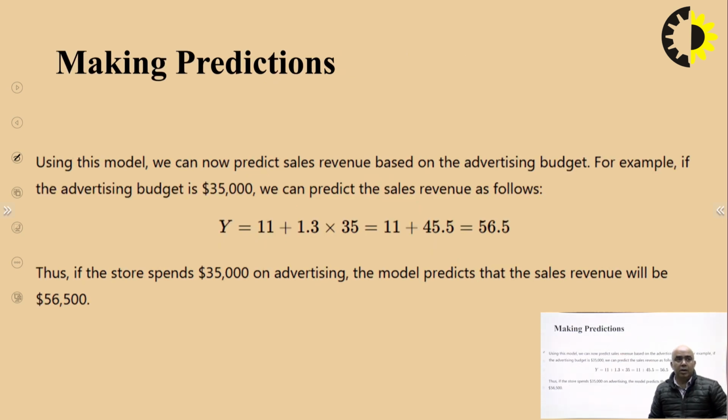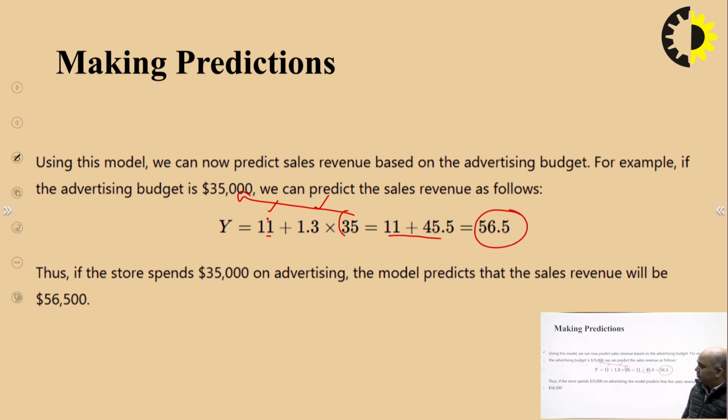So using this model, we can now predict the sales revenue based on the advertising budget. For example, our budget is $35,000. We can predict the sales revenue as follows: y is equal to beta naught plus beta 1 into x, where beta naught has been identified as 11 and beta 1 as 1.3. Now x is 35, so when we apply this value, we get